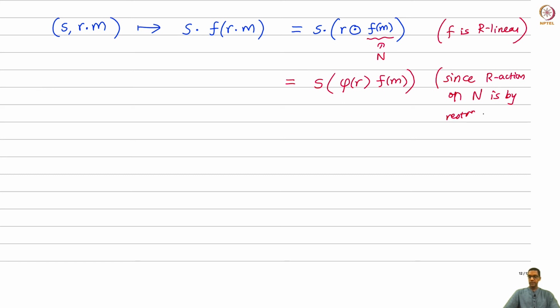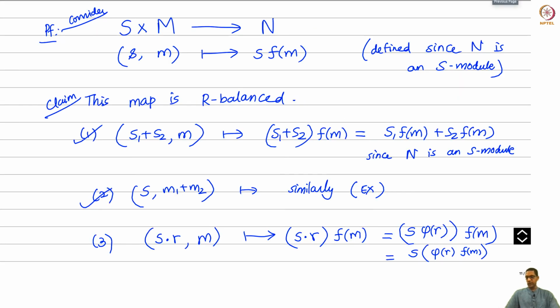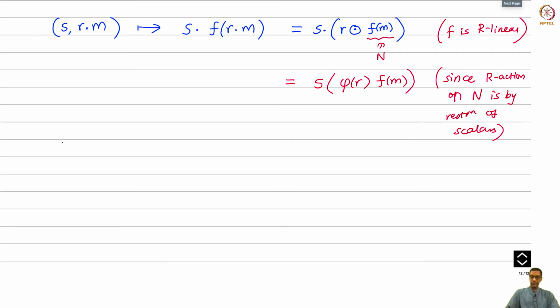It's by restriction of scalars. Okay, and so that's the same answer as what we got earlier. So the third property is also true. So this map is in fact R-balanced, and so now by the universal property of tensor product,